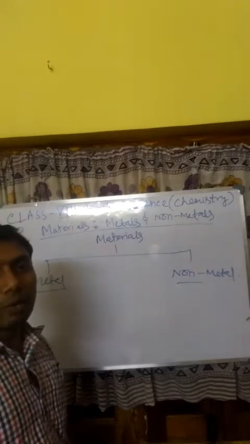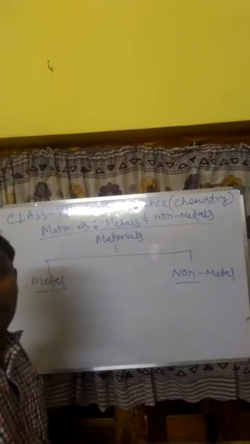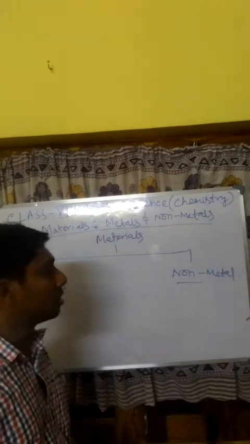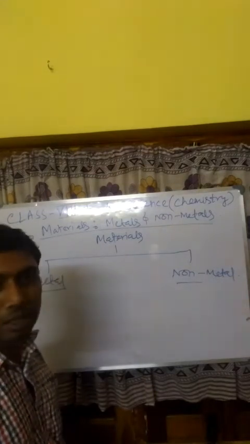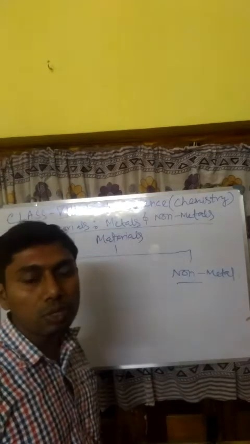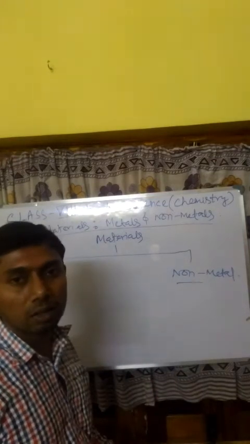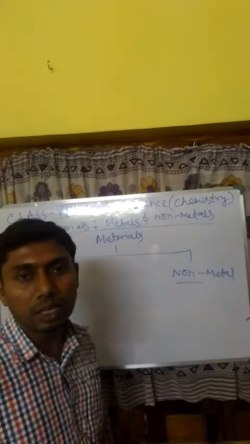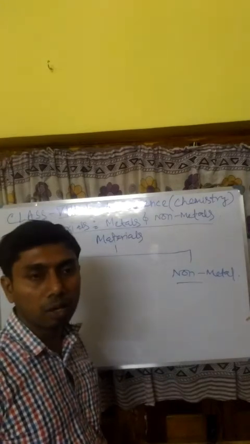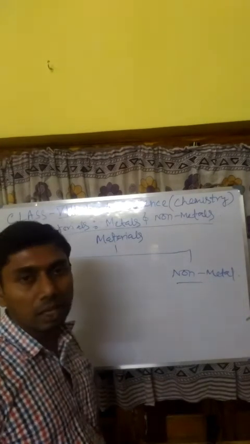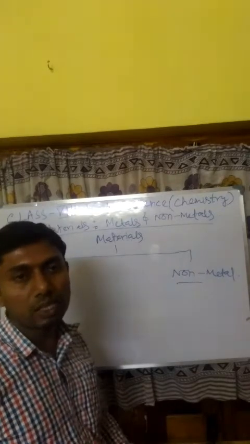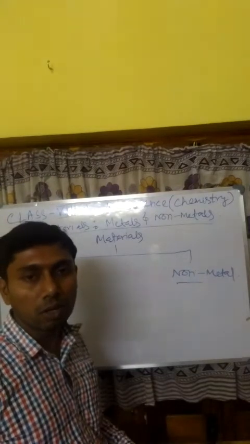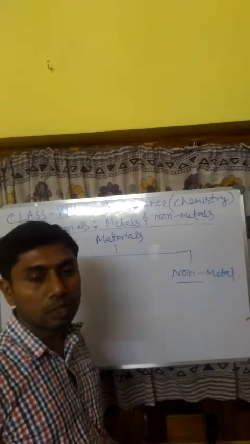Now every one of us has an idea about metal, that is an iron pin or an iron bucket, etc. These are made of metals. But non-metal has properties opposite to those of metal, right? Non-metals are also found in the free state, for example coal, and sulfur powder, which is found in our lab.